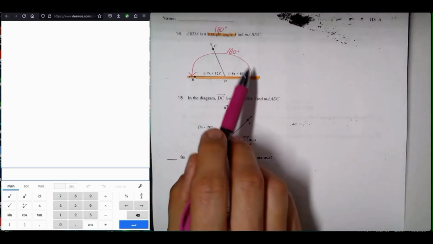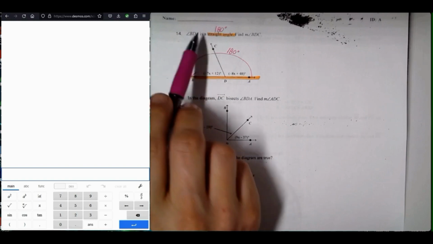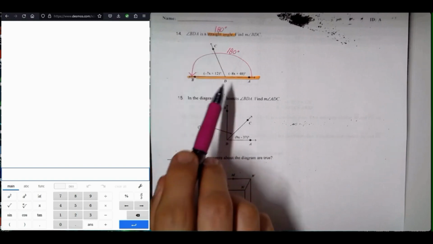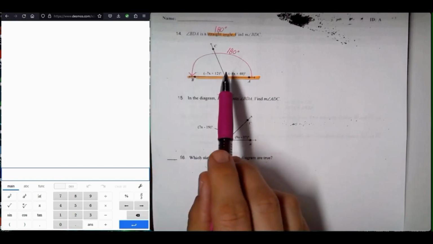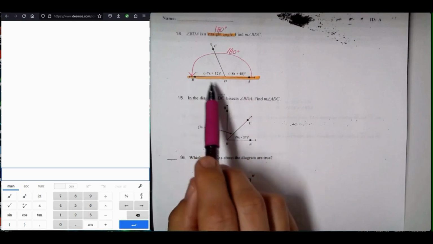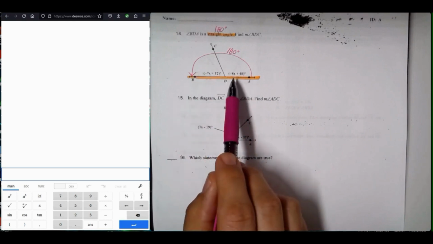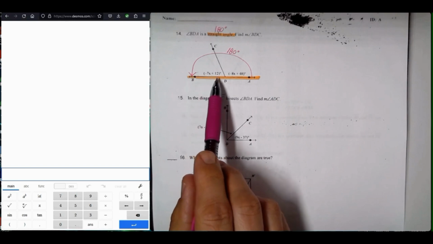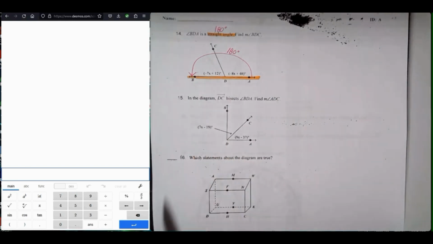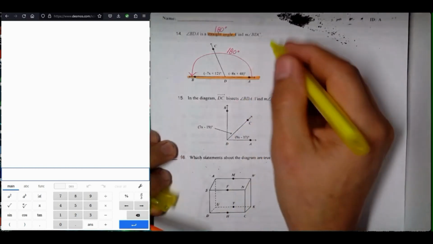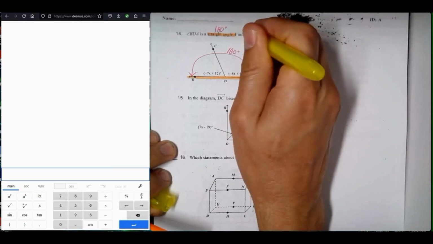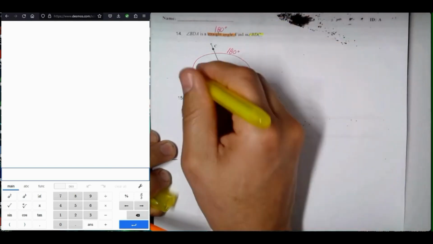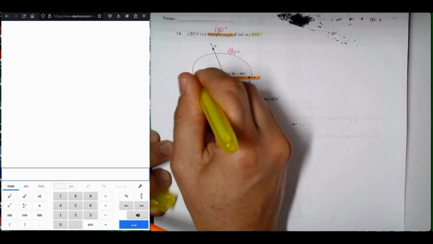Although notice that within this 180 degrees we have another angle that cuts through the middle, and they're giving us the measures of those angles as an expression rather than a number. So for instance, this is negative 8x plus 48 degrees, and this is negative 7x plus 12 degrees. Now with this information, they want us to find angle BDC. So I'm going to highlight that one yellow. So they said find BCD. So they want us to find this angle right here,